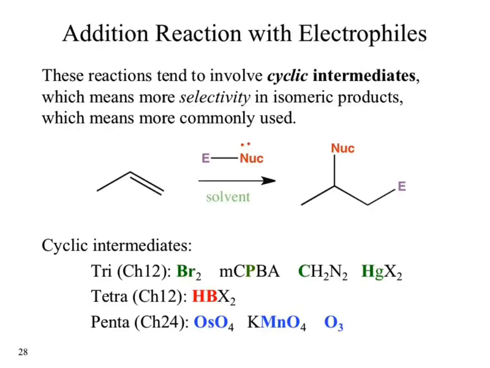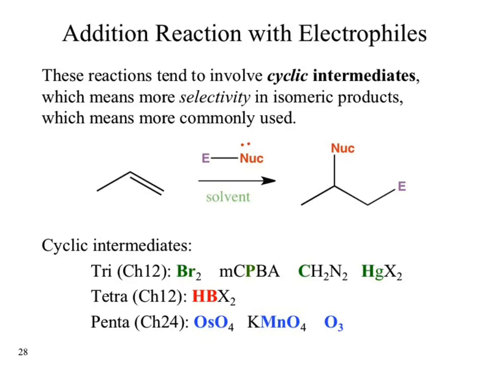The big section we're moving into is our addition reaction with electrophiles. Almost all of the addition reactions with electrophiles involve some kind of cyclic intermediate. When we looked at the addition reactions with acids, the acid was our primary reactive species. We react the acid H+, we have a cation, and then we can cascade the rest of the reactions. When we're looking at our electrophiles, to get a positively charged atom other than hydrogen, we end up having to add weird caveats and oddities into our structures, and that usually results in these weird cyclic